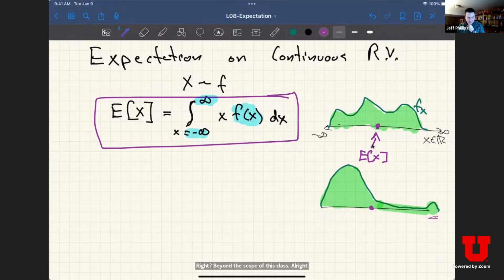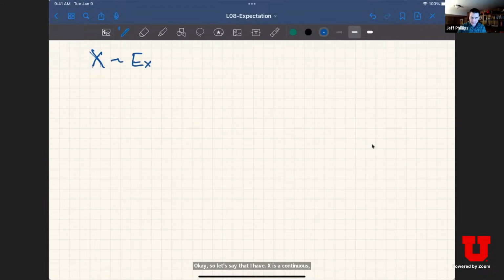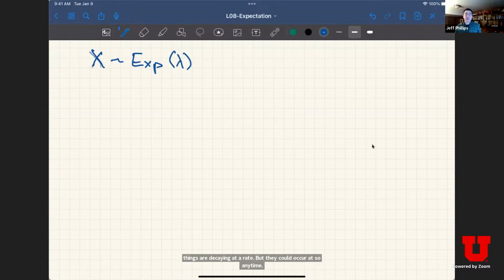All right, so let's start with an example here. Let's say that x is a continuous random variable from the exponential distribution. Okay, the exponential distribution is like the continuous form of the geometric distribution. So things are decaying at a rate, but they could occur at any time. So think of the time from now until when I expect it's going to start snowing, right? I kept expecting it was going to start snowing at this point. It hasn't started snowing yet. So my house, but at some point in time, it's going to start,